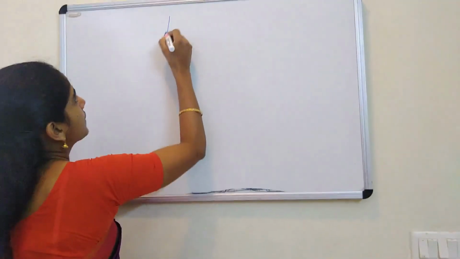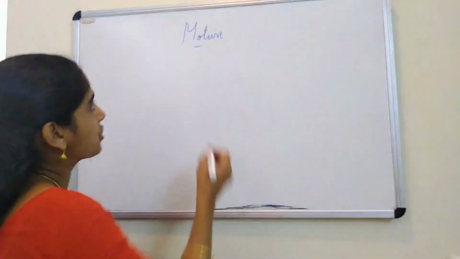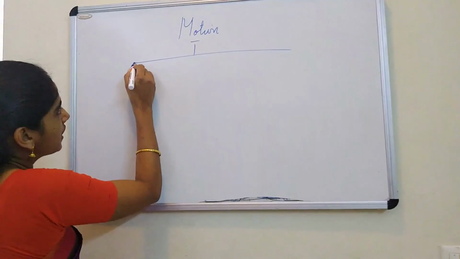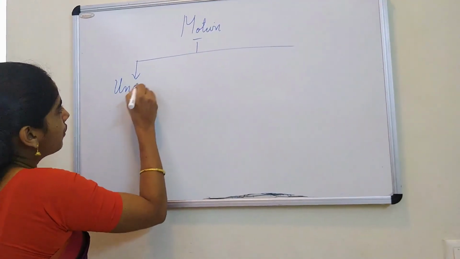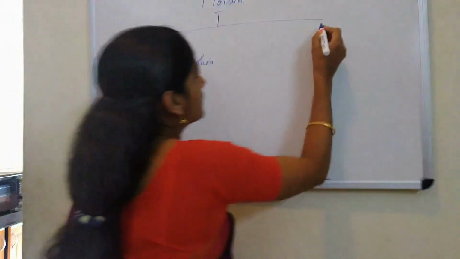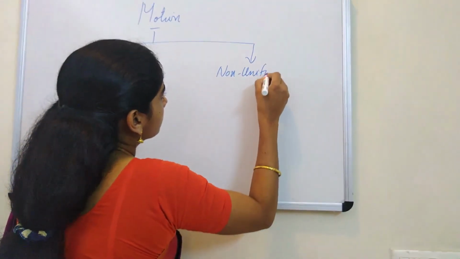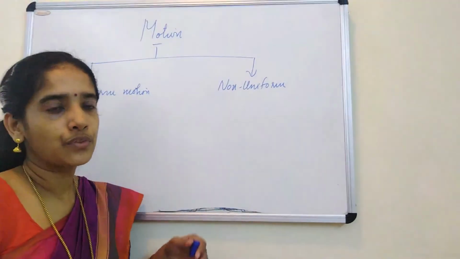Okay, so we studied about acceleration. Next, we are going to see the equations of motion, which help us to understand about uniformly accelerated motion. Before that, let's have a recap of the types of motion. Okay, so we know motion is classified into two types on the basis of the rate of motion. So the classification is, one is uniform motion and the other is non-uniform motion.